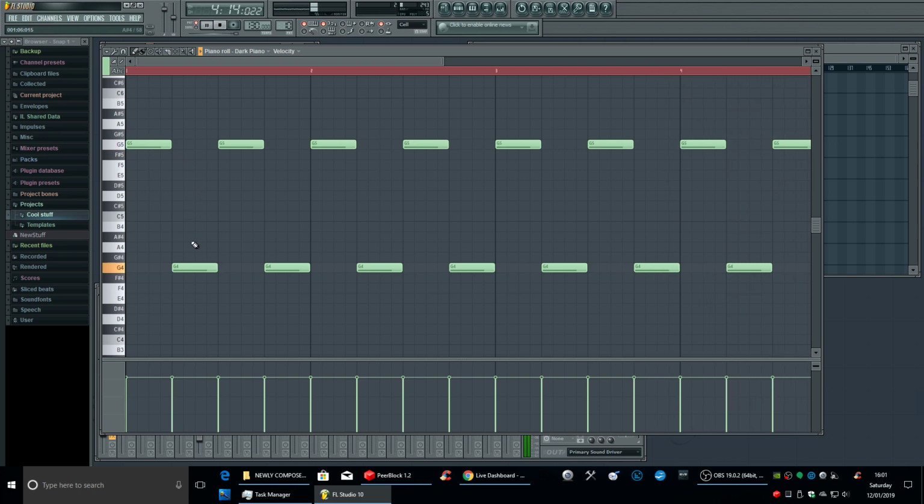So now that's in the key of G in C, so I'm going to add a few more instruments. As you can see, you can add instruments.